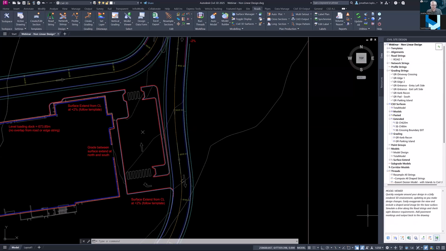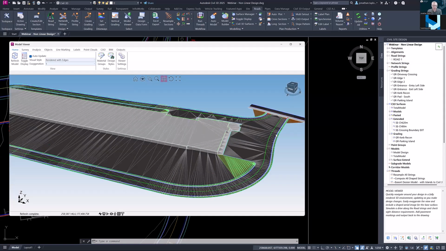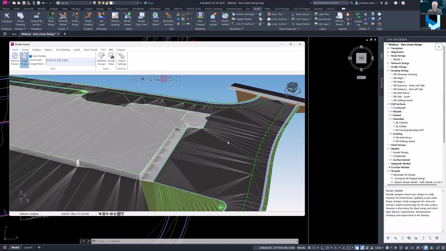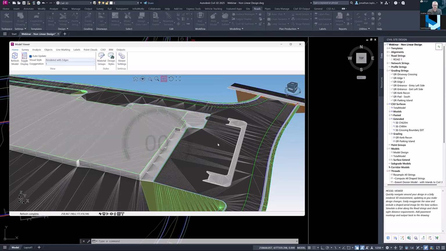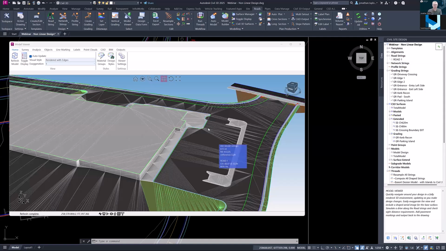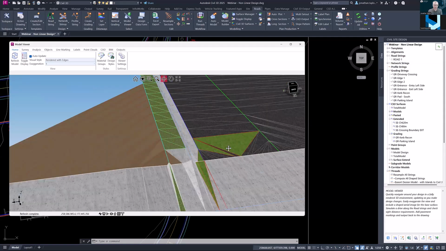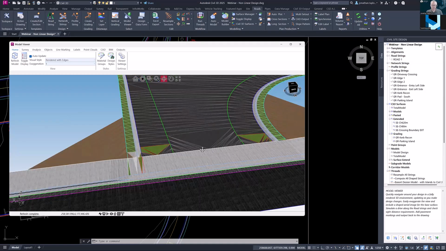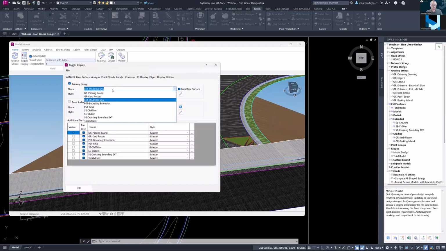Let's have a quick look at how this looks in Model Viewer. There was an option in that form to introduce codes into your pasted surface so you can do all the rendering. We'll go to Toggle Display. If you wanted to just see the parking island, you just check on the box, click OK. There's the island. If you wanted to see it as one complete surface model, by the way, that's how it's looking at the moment. Don't worry too much about the rendering. If you've got time, I might just quickly mention how we can deal with these codes here, but the rendering is not too much of a concern. Let's go Toggle Display and show the pasted surface instead,